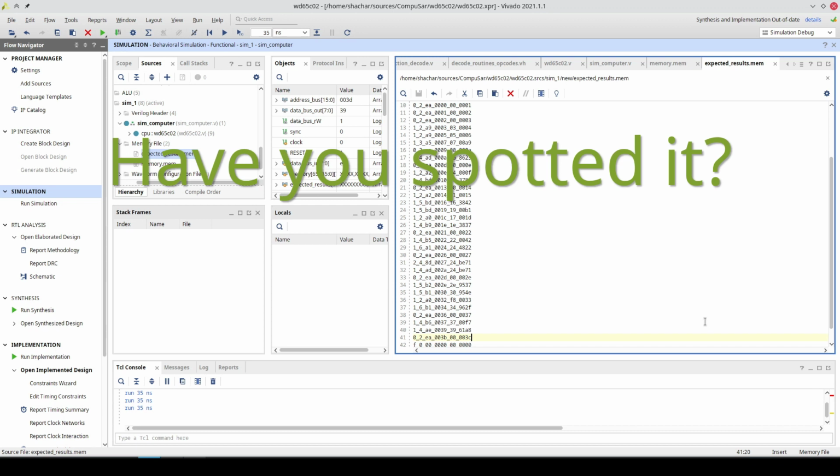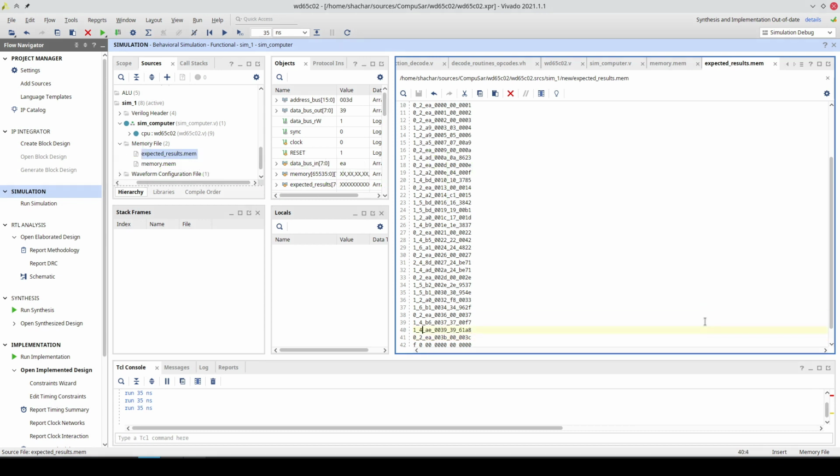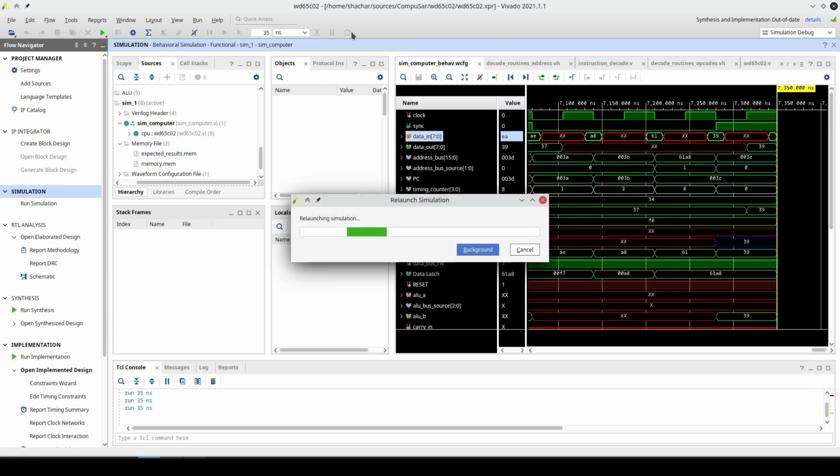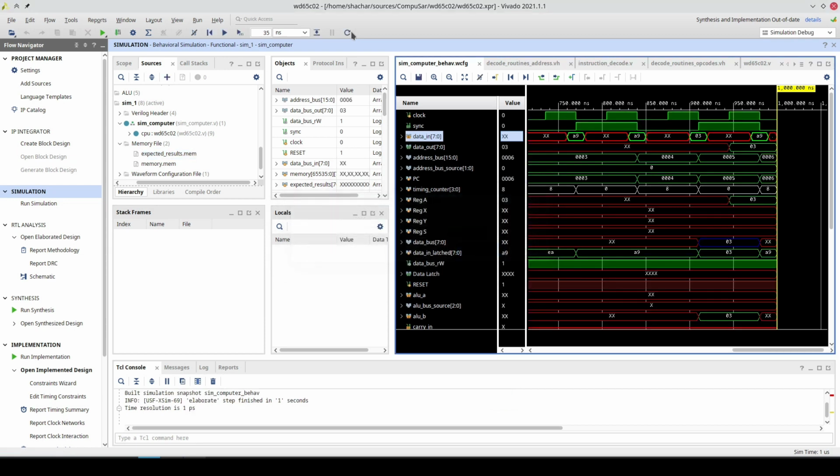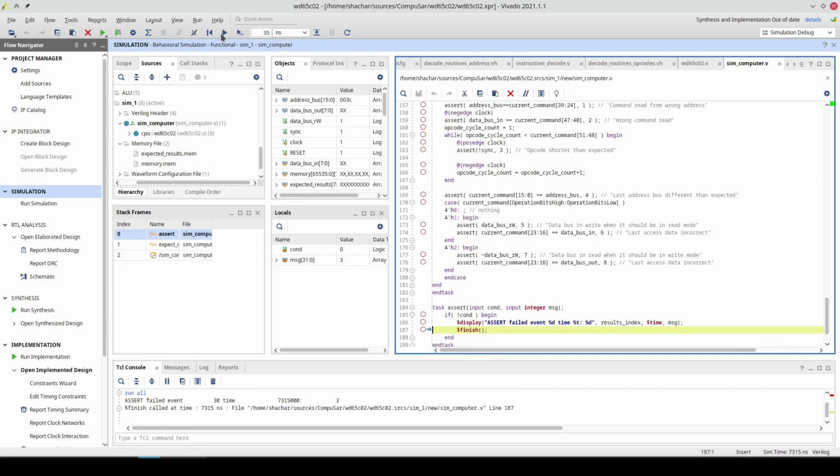And before we run that, let's insert an error. Let's give it the wrong cycle count. Now, when we go to the test bench, we say reload and just run. And what we have is an assert failure.